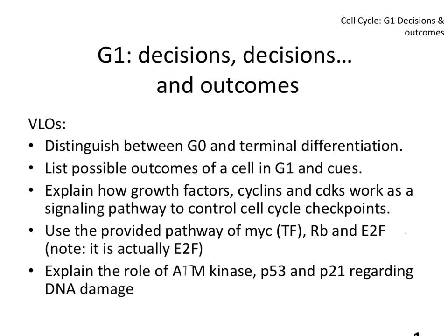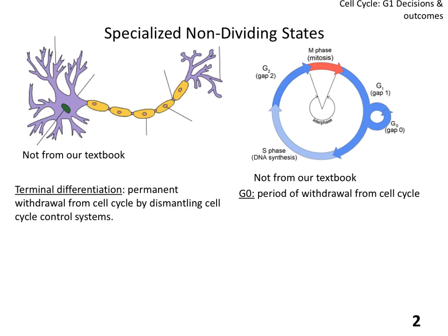This video is about the G1 decisions. There are two specialized non-dividing states that relate to the cell cycle, which are discussed here. The first that I'll go through is the G0 phase, and this is a period of withdrawal from the cell